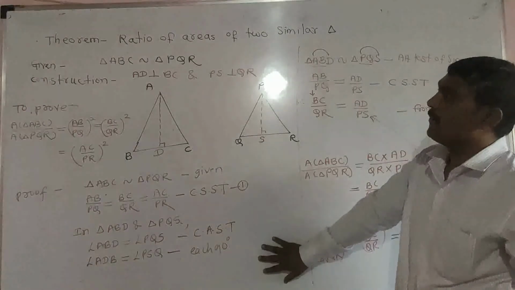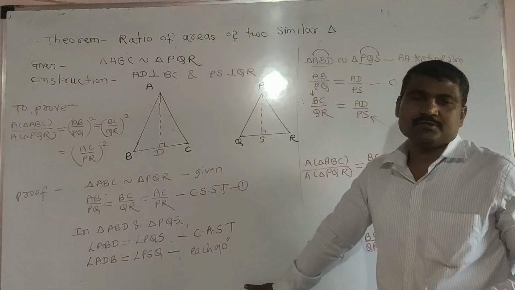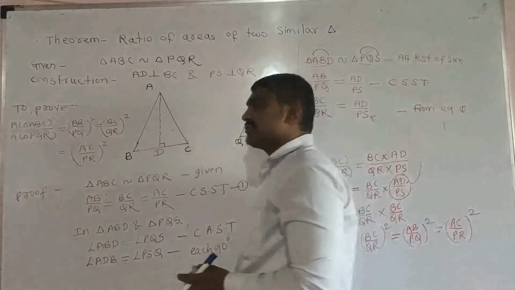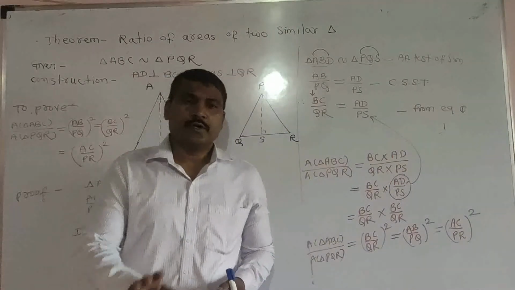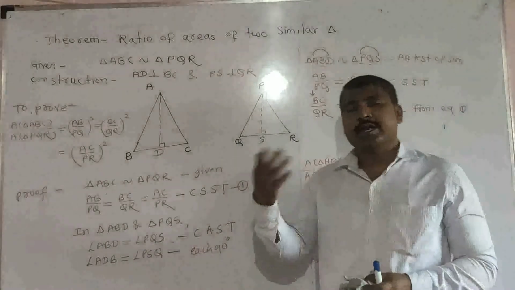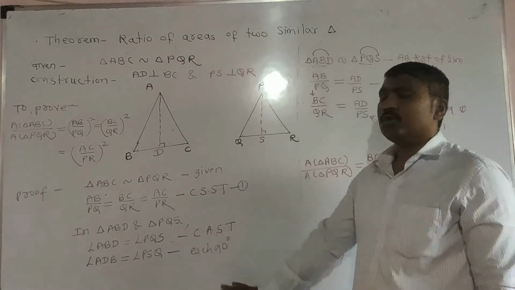So this is theorem number 4, I think the second theorem. Only 2 theorems are there in chapter number 1. Chapter number 2 is the Pythagoras theorem. In that chapter also there are 3 to 4 theorems. So we will see those theorems in the next chapter, but 2 theorems are completed for the 2 chapters.